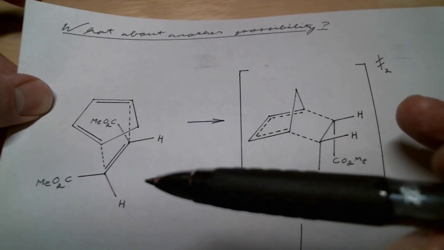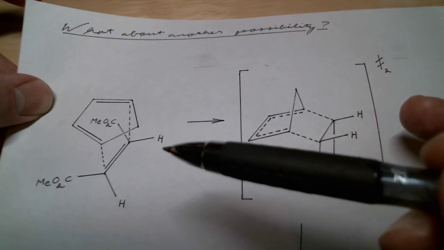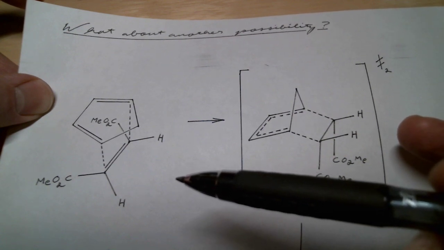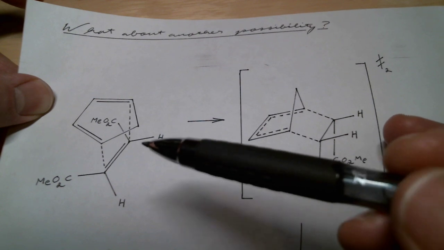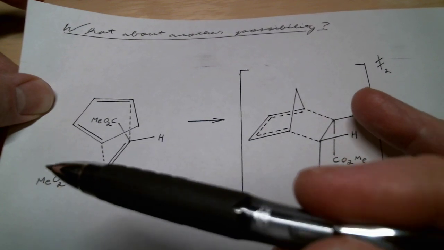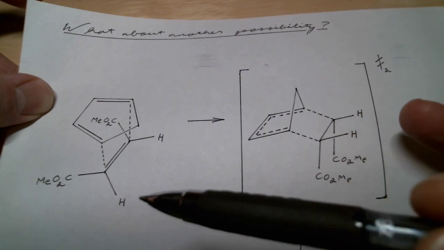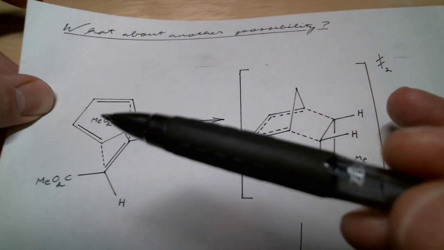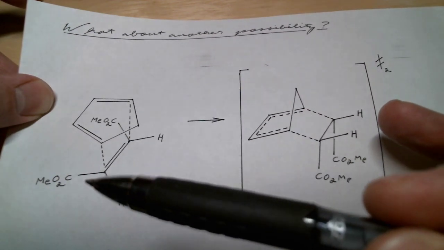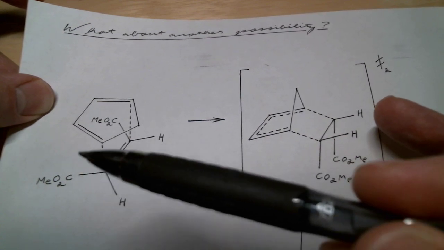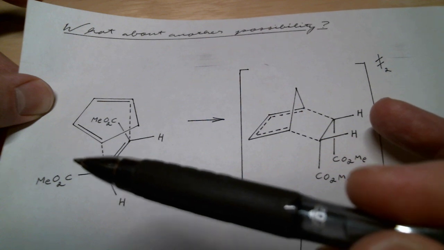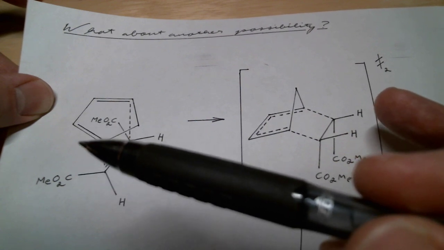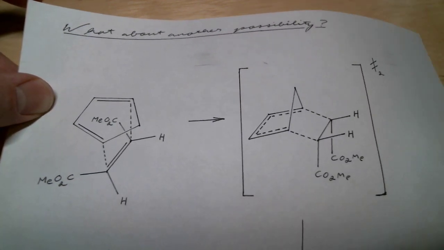So what's unintuitive about this is we think, oh, well, sterics, we had seen in the first semester of organic chemistry, was a major determining factor in whether reactions went or not. And we have this intuitive sense that these methyl ester groups, these CO2Me groups, are much bigger than hydrogens. So maybe sterically they would be bad to put underneath this cyclopentadienyl ring, right? Because maybe they would interfere sterically, and there would be some sort of repulsive interaction between those groups and the cyclopentadienyl ring, versus having a hydrogen underneath that ring, because hydrogen's pretty small. It's as small as it gets